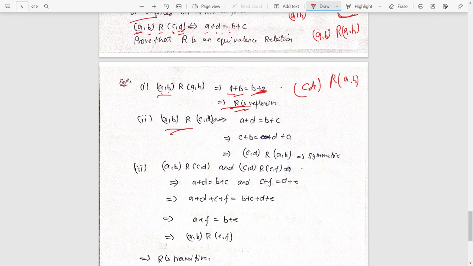We know that by the definition of that particular relation. Okay, and now what do we do? Just reverse this particular thing. So now here (a, d) means first element, last element. And now we have to convert into (c, d), (a, b), meaning the first element and last element. So c plus b is equal to d plus a.